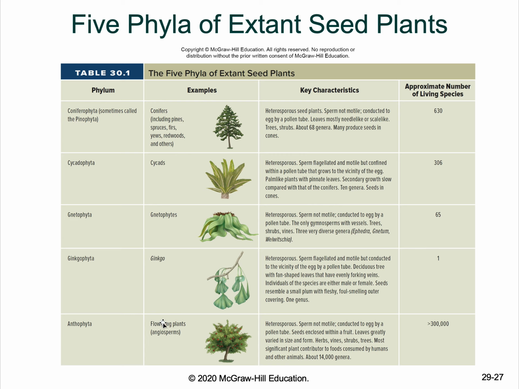The ones that you're not familiar with are going to be probably these two. The ginkgos, there's only one species left, like it says here. There's only one species left, and it's being protected by, I want to say, the Japanese culture. If you were to look up ginkgo trees, they're really pretty. They flower, I think, like a bright yellow, and the Japanese are the reason why these haven't died out. These neophytes, I think, I've heard that they smell really bad, which is really strange. But it's kind of an ugly looking plant if you were to Google these.